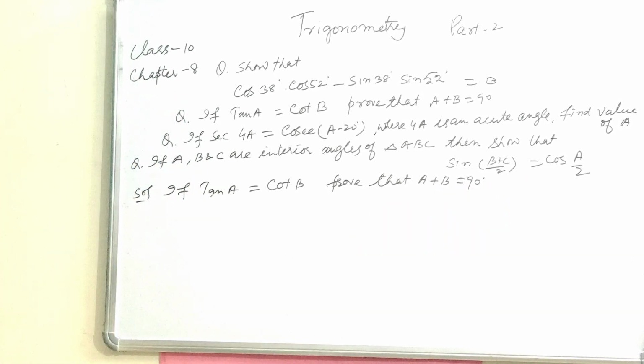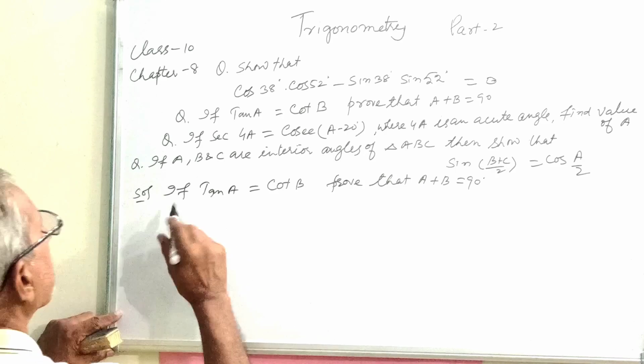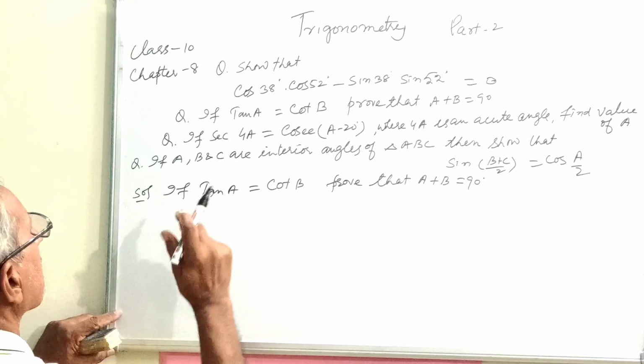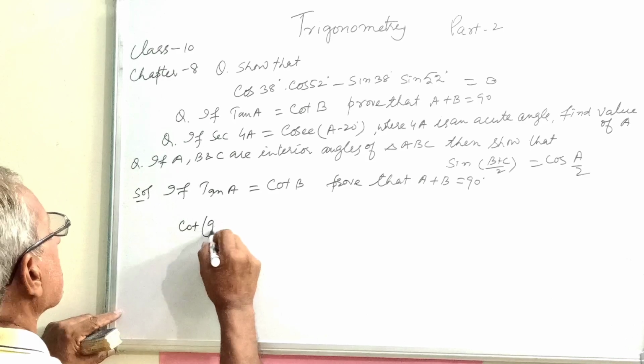So again you have to change the given theta into complementary angles. So the left hand side is tangent A. So this will be cot 90 minus A,